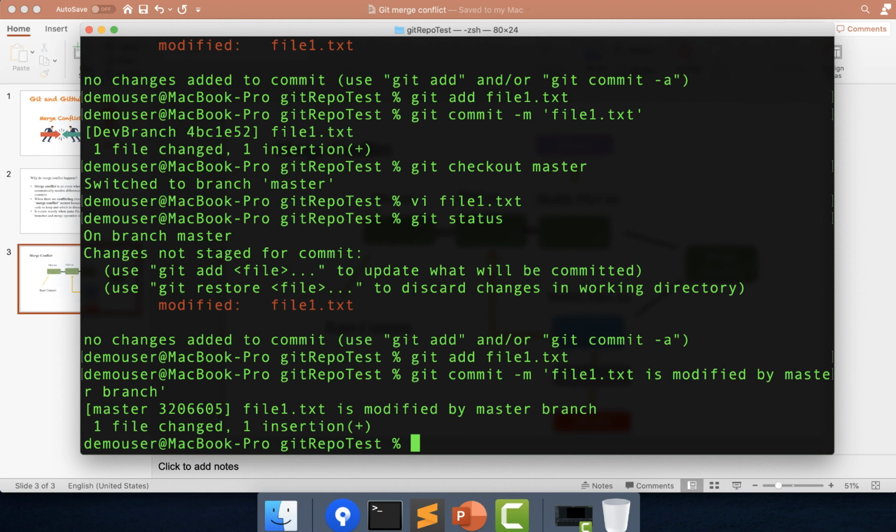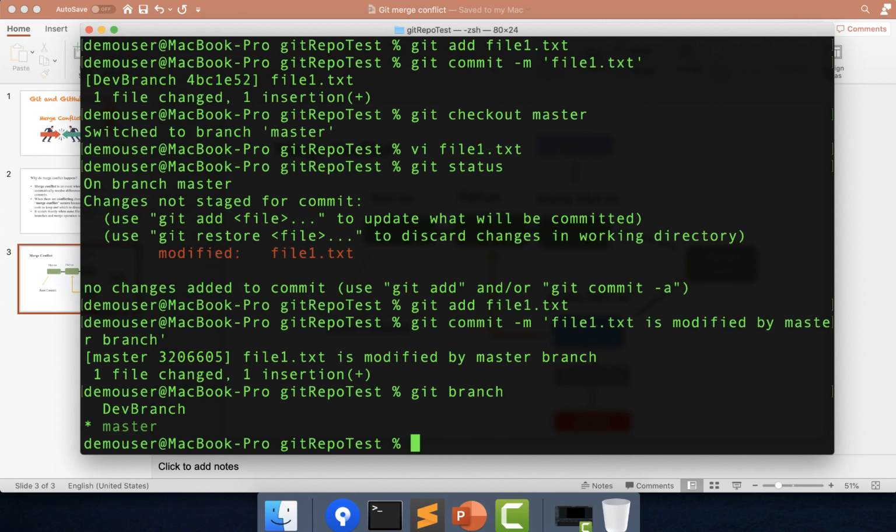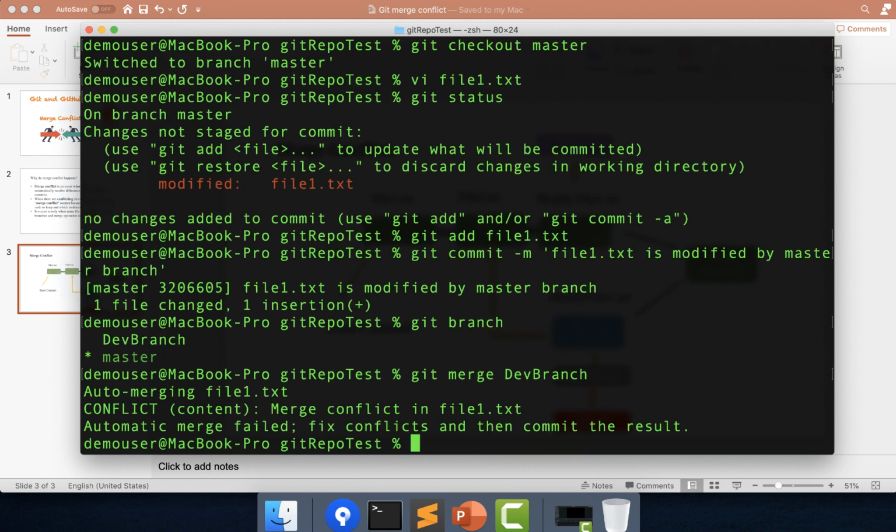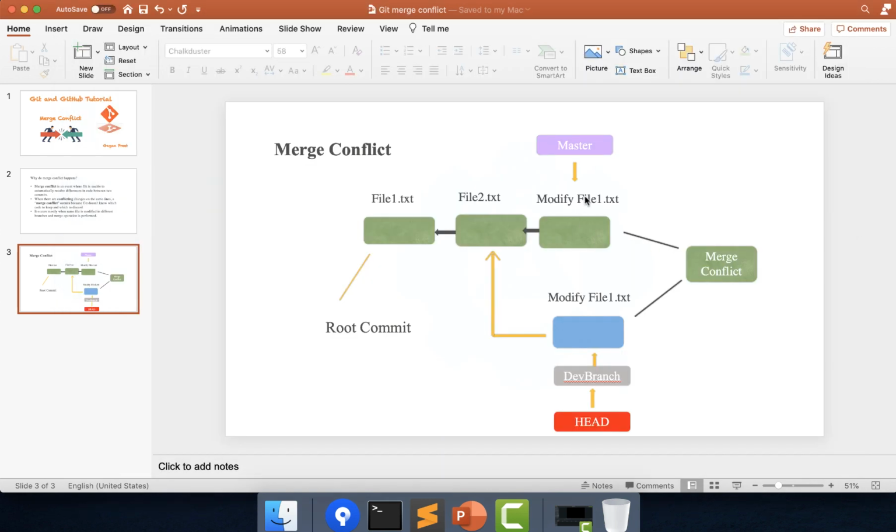So I'll just check on which branch I am in. So I am in master, that's the receiving branch, that's totally fine. I will say git merge and I will give the branch name from where I want to merge. So you can see there is a problem here which says conflict, merge conflict in file1. So we need to resolve this. So as of now, we have created a conflict over here by modifying the same file, that is file1, in different branches and trying to merge it now. Now we have to see how to fix it.